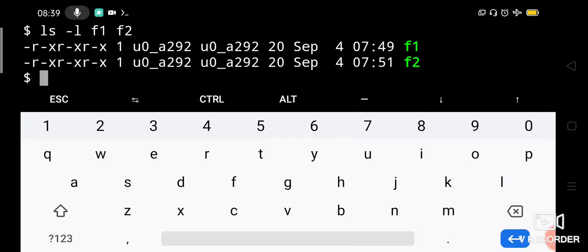And you can also use the -R option for recursive changing. It will take all the levels below, so directories, subdirectories under that directory if they are present, and files if they are present, all of them you can recursively give the permission. Okay, that is also possible. You can use chmod with the -R option for recursive changing of the permission. Is that clear? Okay, let us move on to the next topic.